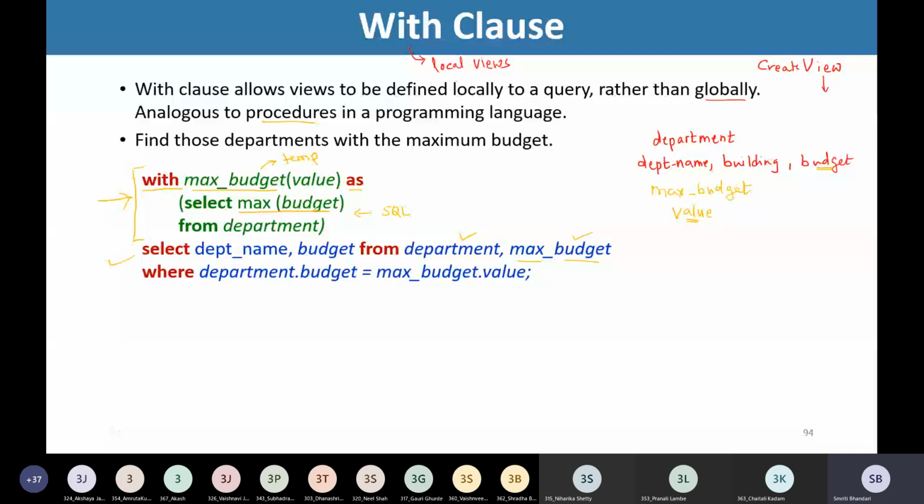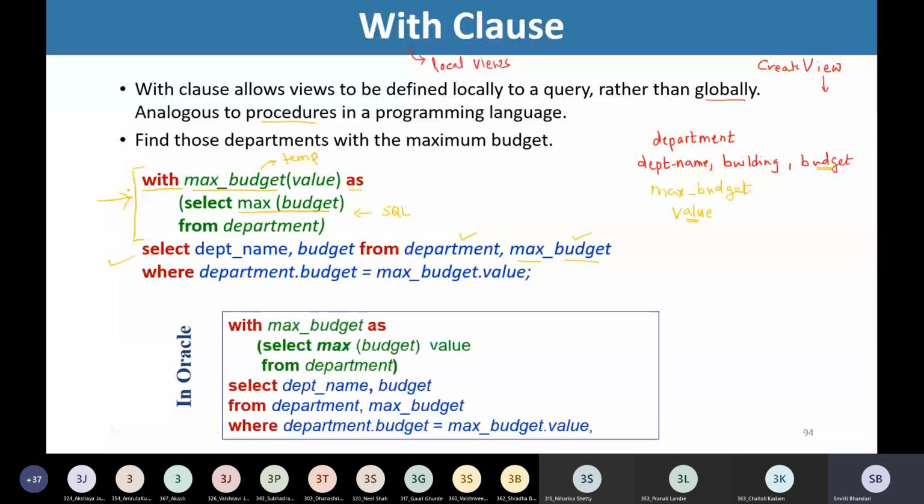In this value we have stored the maximum budget. So we are comparing now the budget of every department with the maximum budget, and if these two are same, we are extracting the department name, right? So ultimately we are getting the department with maximum budget. So this is how we are making use of this with clause.